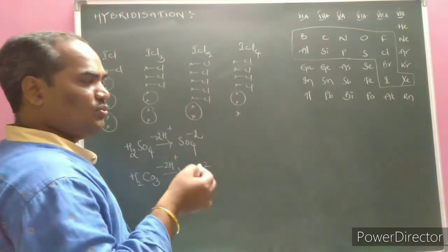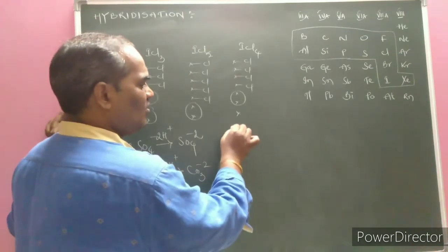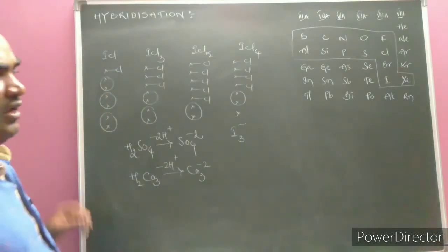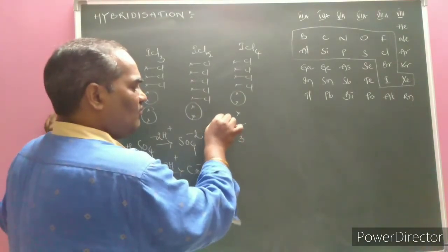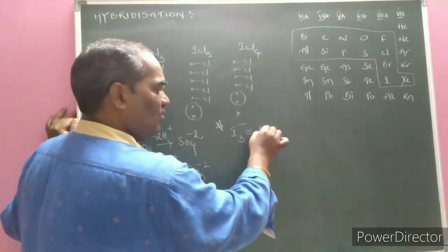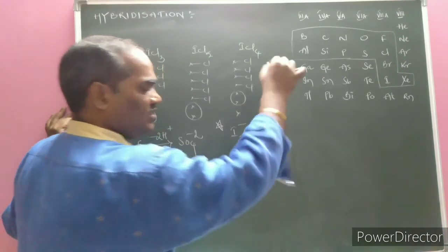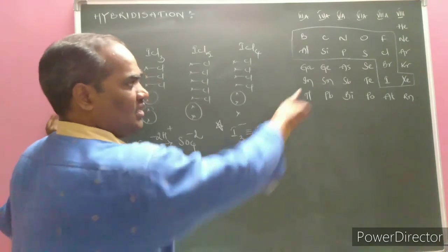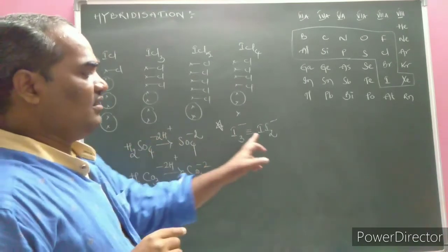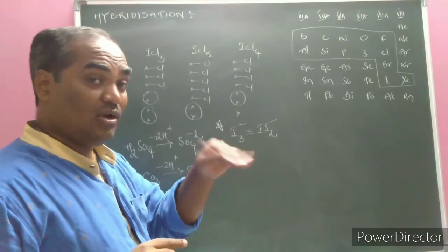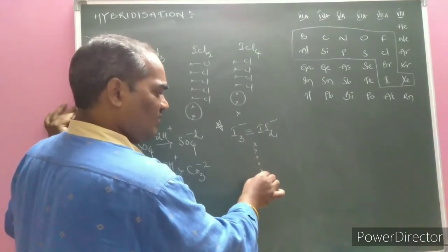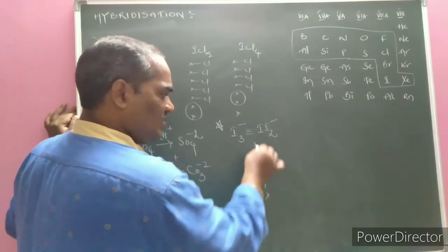Earlier, in the 2019 IIT Mains, a question was asked: how many lone pairs of electrons are present in I3 minus? In I3 minus, what is the number of lone pairs of electrons present? Earlier also I covered such kind of example. What we call I2 minus is given. Under I2 minus, iodine belongs to group number 7, but 1 electron is gained. Total is 8. Out of them, 2 bonds are formed, and the remaining are lone pairs. How many lone pairs are there? 3: 1, 2, 3, 4, 5, 6, 7, and 1 is again 8.